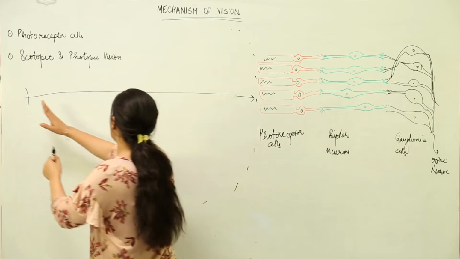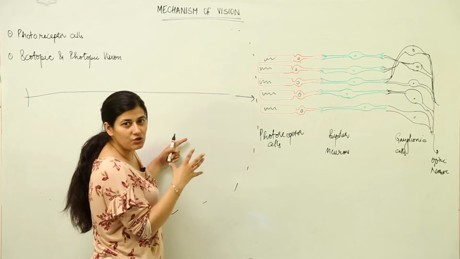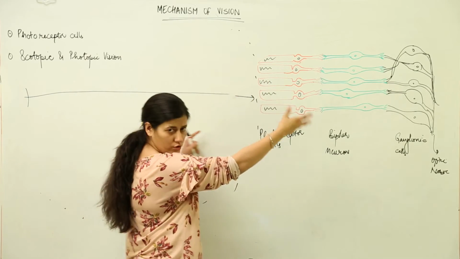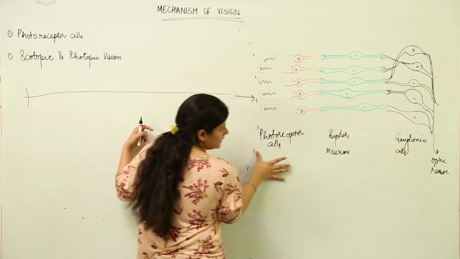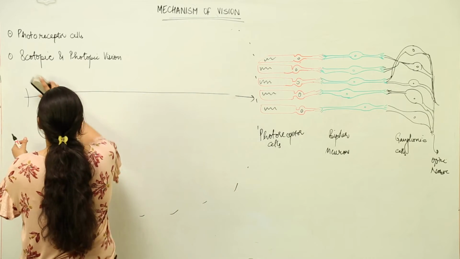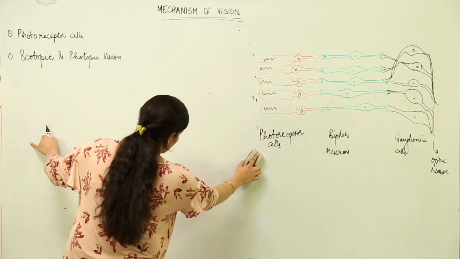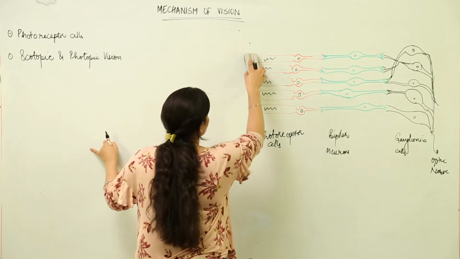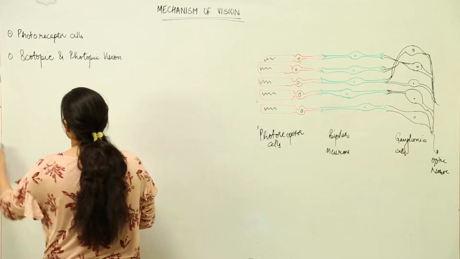Now, you see this entire whiteboard can be considered as the human eye, and this is the last layer, that is the retina. It would be followed by choroid and sclera, but we are seeing this retina highly magnified at this stage. Now, what we are going to see is how the image would be formed. For that, we are going to completely understand the various layers of cells of the retina, because ultimately this is the screen where the image would be formed.